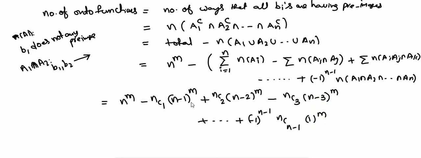The number of onto functions, in another way, is the number of distributions of m distinct objects onto n distinct boxes. Onto n distinct boxes means no empty box is allowed. So using the principle of inclusion and exclusion, let us make a small application on it. The application is: there are 5 balls which can be distributed into 3 distinct boxes such that no box is empty. Exactly, this is a case of onto function.